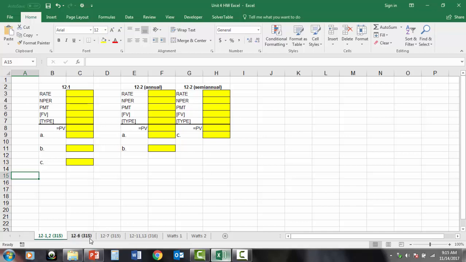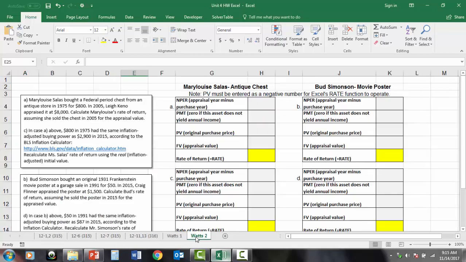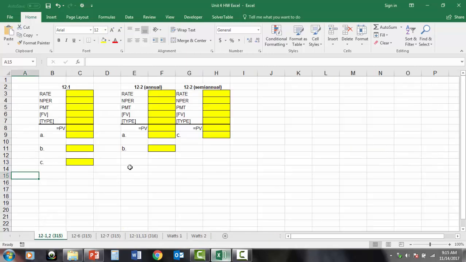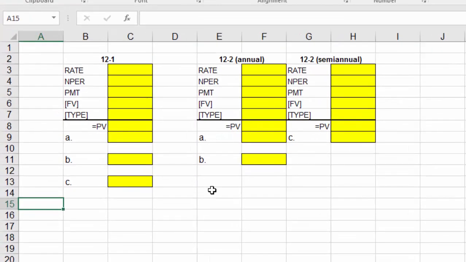And you'll notice I've got a selection of textbook problems from Chapter 12 here, and then a few problems of my own creation, which I actually created for some MBA students, and I think we'll tackle those. Actually, not too difficult. Okay, so starting off with 12.1, page 315, it says